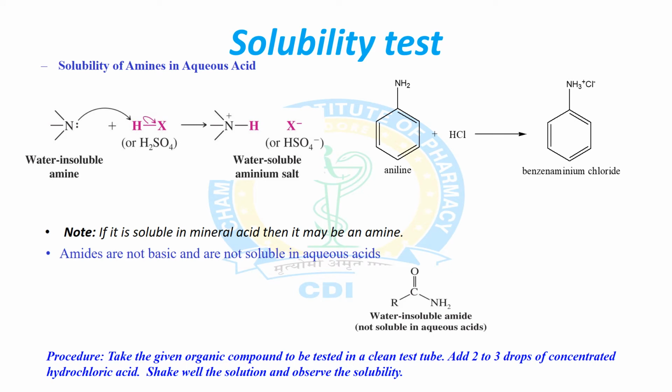First of all, the solubility test. Amines are organic compounds which are basic in nature and so they dissolve in mineral acids like HCl, but this test is not a confirmation test for amines. The chemical reaction involved is shown in the slide. When an amine like aniline reacts with HCl, it results in the formation of its salt, that is benzene aminium chloride, and when it becomes a salt it will be seen as a clear solution, and that's why a clear solution would be seen in the solubility test for the amine.